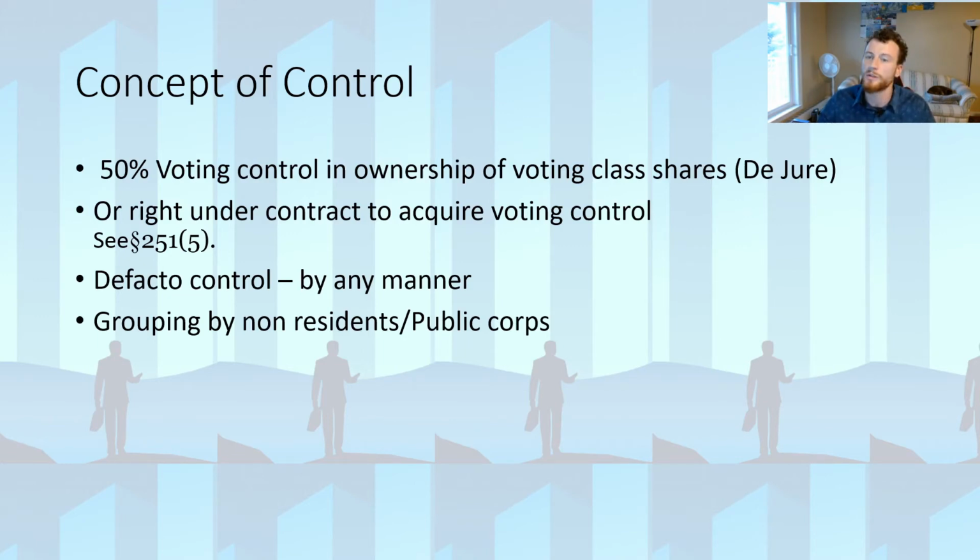Another component to think about, when you think about control, I guess we'll take a step back. When we think about control, individuals and entities want certain corporations to be CCPCs for the benefit of tax benefits, and due to the criteria requirements, they may not qualify. So they may create a scenario in which they can qualify.